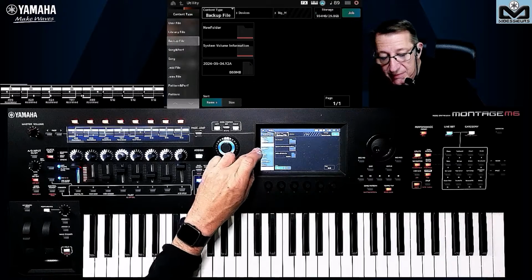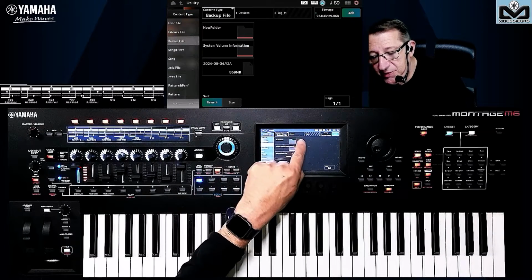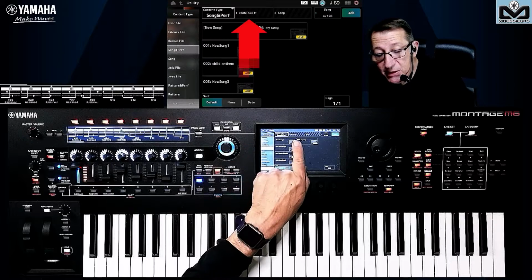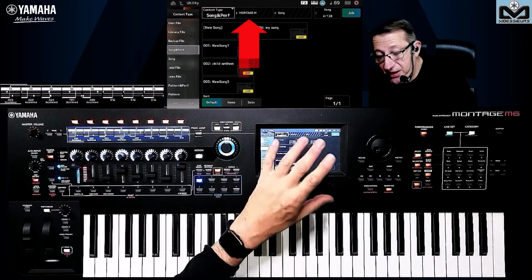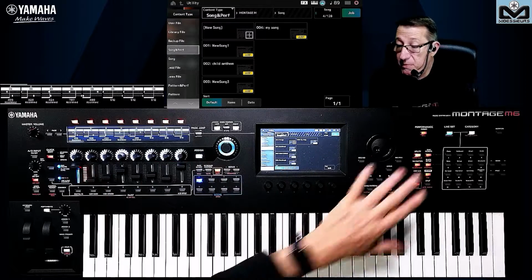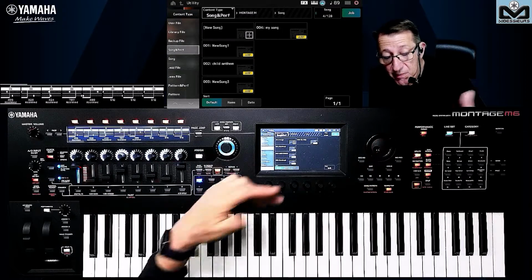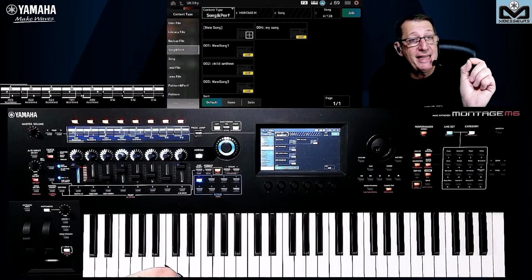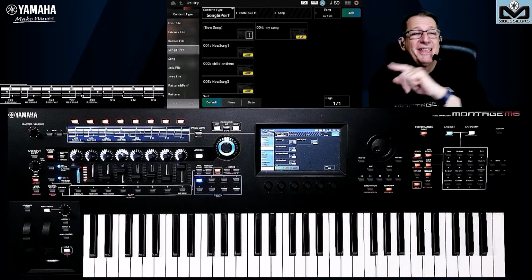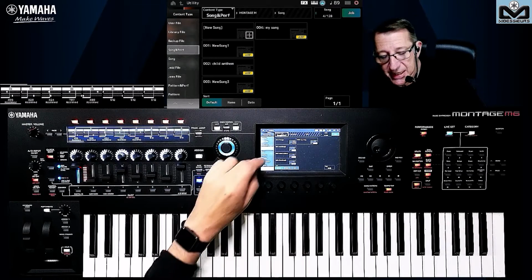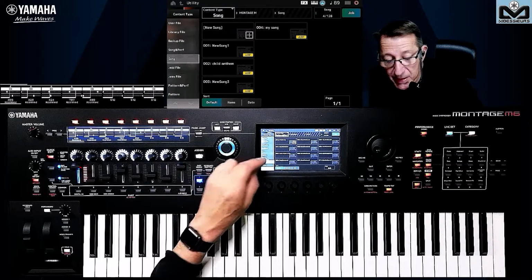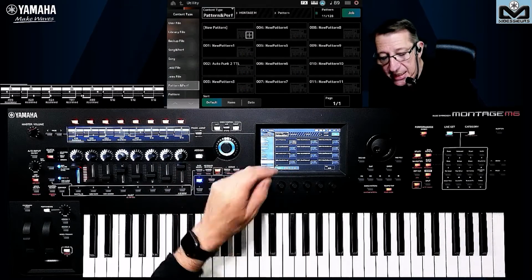And after, remember that we have seen on the previous video, here we are on device, on the USB stick, song and perf, we go to the Montage M. That's for loading files that are inside the Montage M memory into the performance that is selected, song and performance. This means they are linked. The song will call the performance, which is, I would say, the mixing for the recorded events and notes. You can load the sound alone, you can load the pattern and perf in the same way, linked, or the pattern alone.